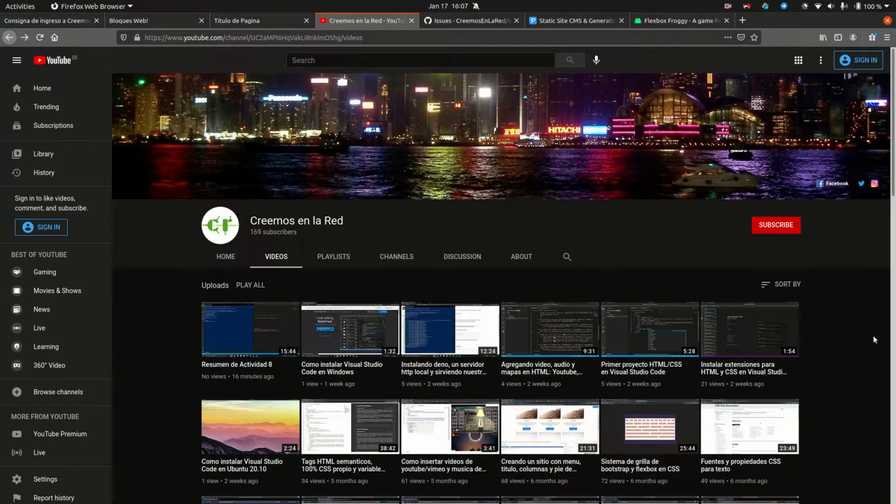And then we already know how to write HTML, CSS, and know enough properties to make sites and know about Bootstrap. So the last activity that I released today is about installing Visual Studio Code, installing an extension for HTML and CSS, installing Deno, which is a simpler Node.js tool that's simpler to install and simpler to run and simpler to install scripts. And then I installed a file server script, and we made a really simple site embedding